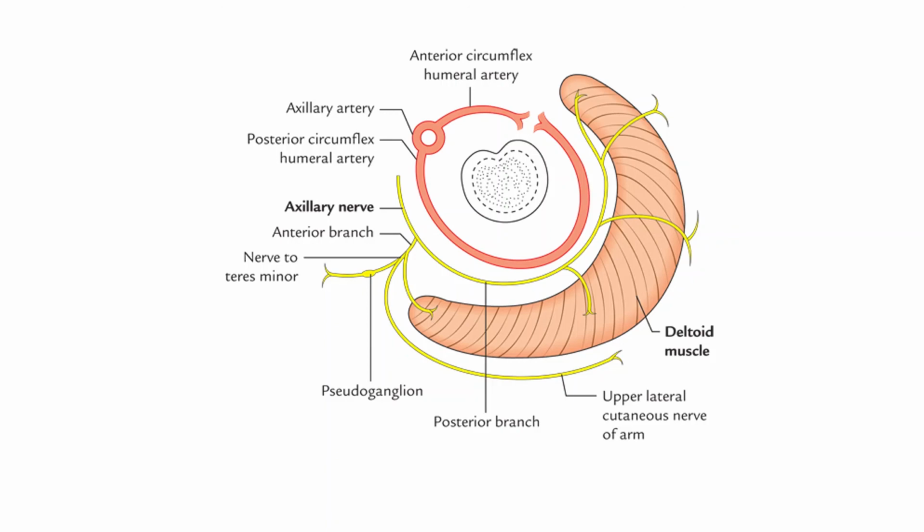Lastly, we need to know about the clinical aspect of the axillary nerve. This axillary nerve is very important clinically, as injury to the axillary nerve may lead to the inability to abduct the arm with loss of sensation over the lower part of the deltoid. The injury to the axillary nerve may be seen in cases of fractures of the surgical neck of the humerus, leading to the loss of abduction of the arm and the sensory loss over the lower part of the deltoid muscle. So this is about the axillary nerve as a whole.